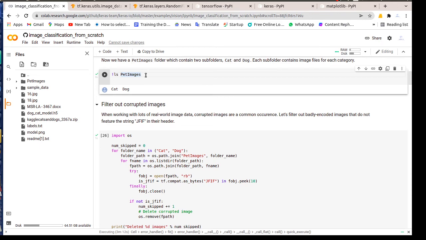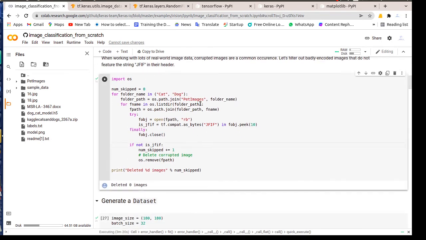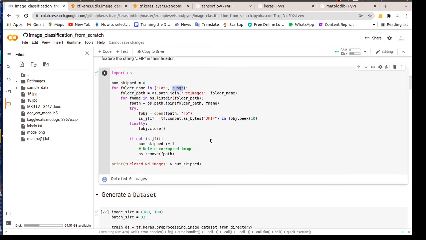Here, instead of pet images, change it to dataset slash train slash, and it will go to that location. Here I'm giving cat and dog. You can give your folder names, car, plane, bike, like that. However many classes you have, you give that.